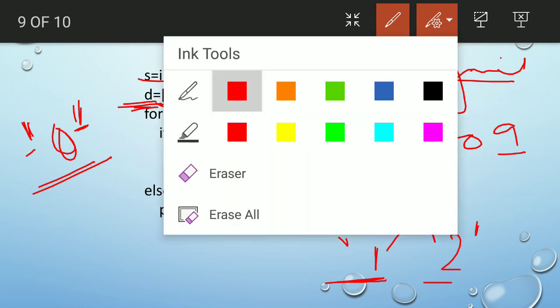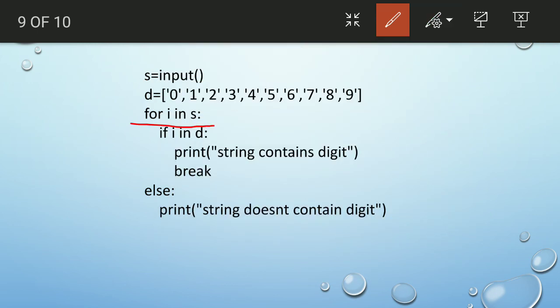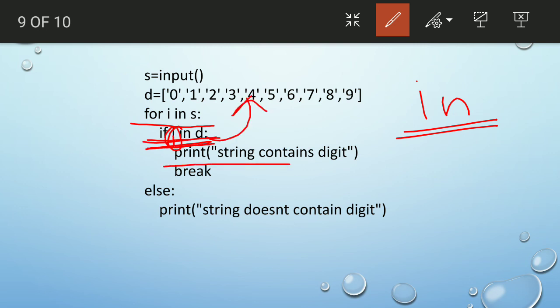Now we check for i in s, that is each and every character of the string, if it is in D. The in operator checks whether the value of i is present in D or not. If present, we print string contains digit and break the loop, because once we know it is present, we don't need to go through the loop again.